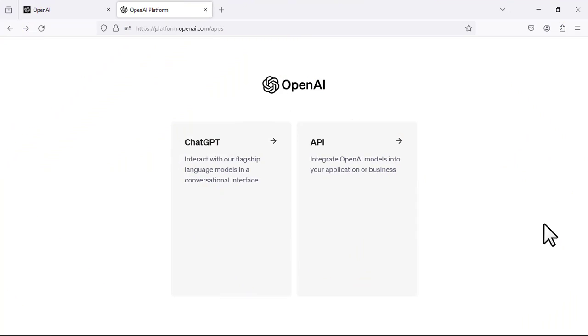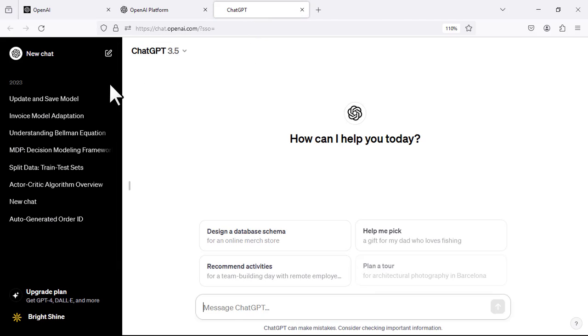Alright, now I have successfully logged into OpenAI, and as soon as I log in, it gives me two options, ChatGPT and API. I hope you already know some things about ChatGPT, and let's see a prompt that we can generate with ChatGPT. For example, by default I'm using ChatGPT 3.5, and you can ask ChatGPT to generate